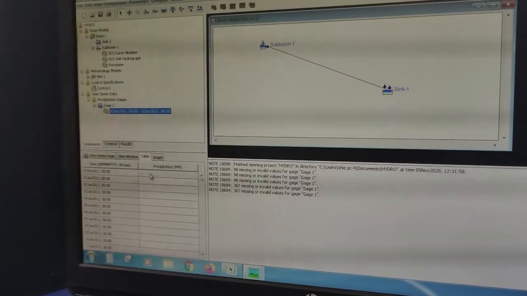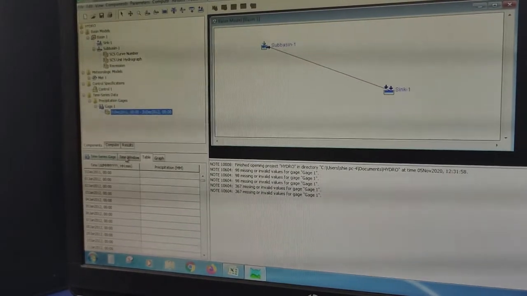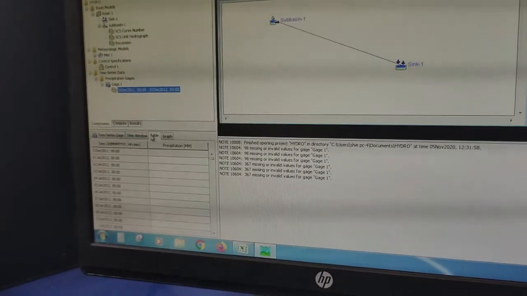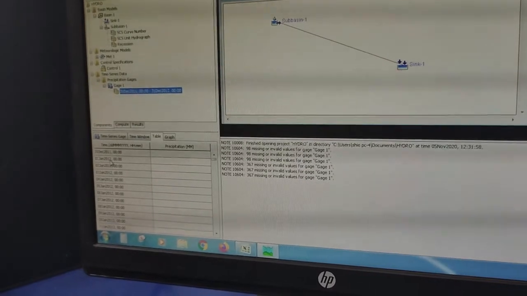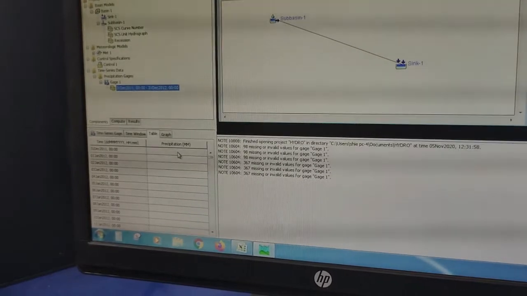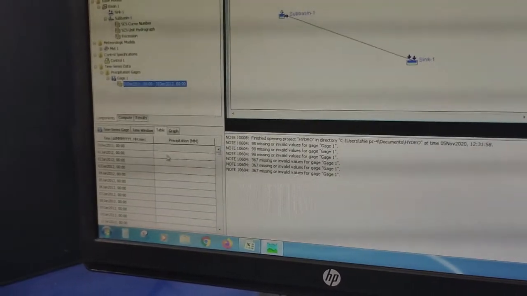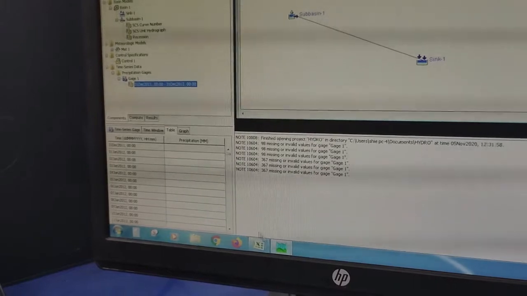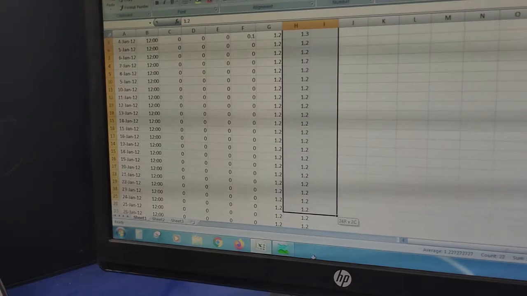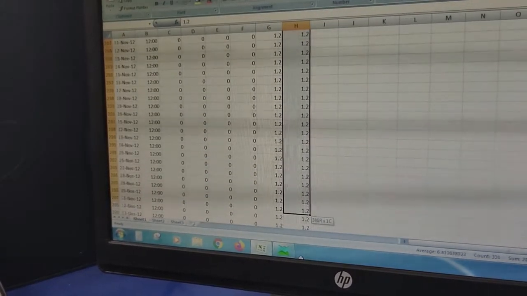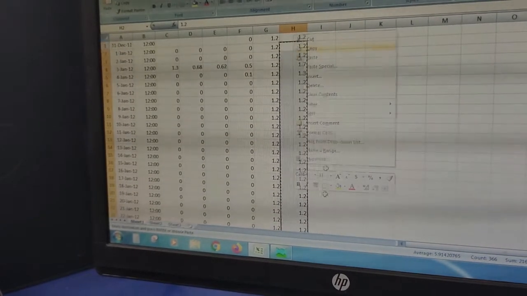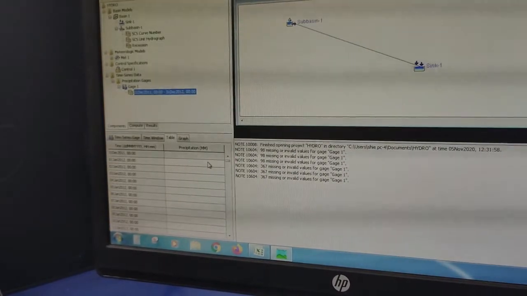One thing to note: as we have mentioned the starting date as 31 December 2011, it will start computing from 1st January 2012. It will not show the value of 31 December 2011. So we have to start from 1st January 2012. Here we'll copy from 1st January 2012 to 31 December 2012, copy, and just paste it.